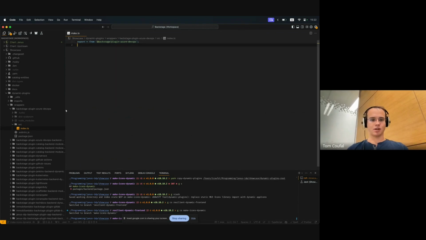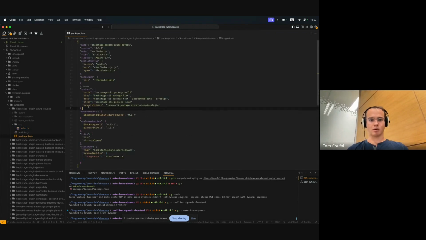And we just run this through the export dynamic command and just expose it as the dynamic assets. So we don't even need to write any heavyweight wrappers on the front-end side. We just re-export what is available